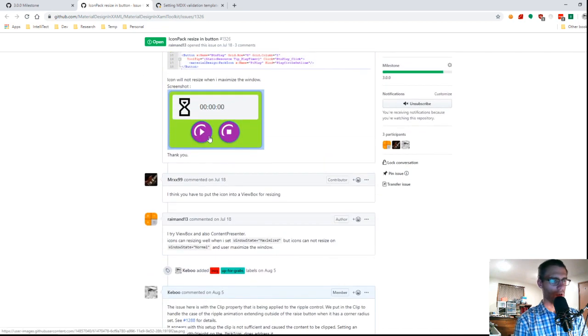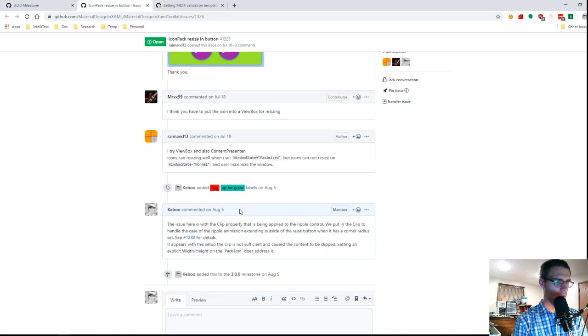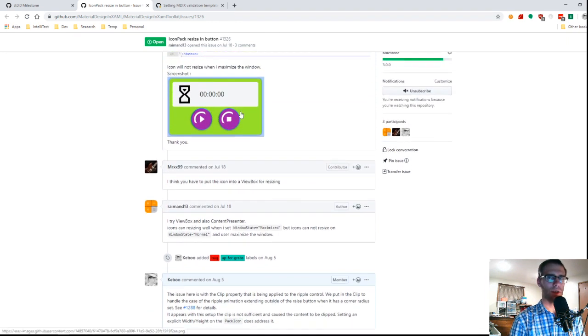So the issue here is the clip that got added. So the buttons themselves, well, I should say, material design in XAML doesn't do anything with mouse hover effects. There's technically some fancy color changes in there, but that's not meant to be core to the design principle because it's supposed to be very touch friendly, and hover type effects don't really translate into a touch style environment.